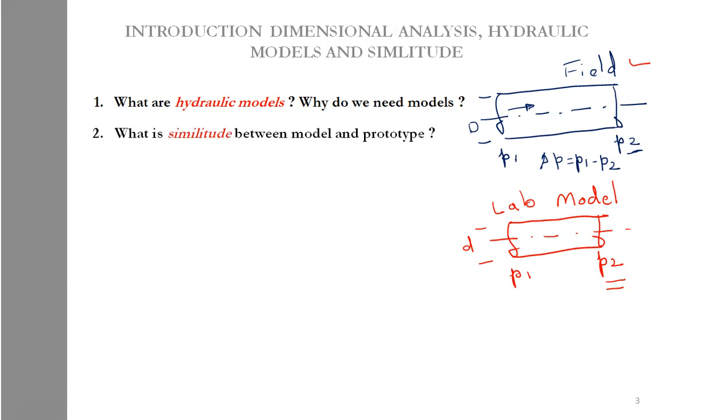Now, there is a criterion called similitude, which has to be achieved before we can predict the behavior. It is necessary that the prototype and model should be similar. This is known as similitude. Basically, we have to achieve three types of similarities between prototype and model: geometric similarity, kinematic similarity, and dynamic similarity. When we do that, we say that we have achieved similitude. So it is that procedure which has to be followed before we can predict the field behavior.